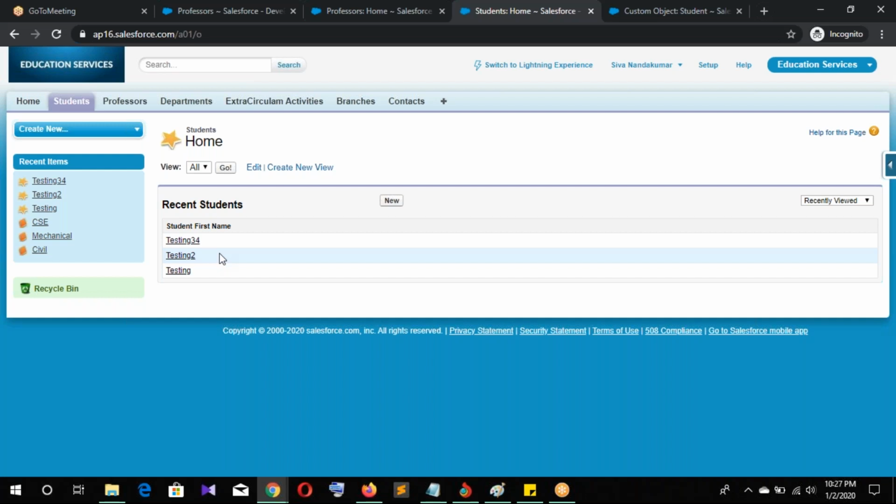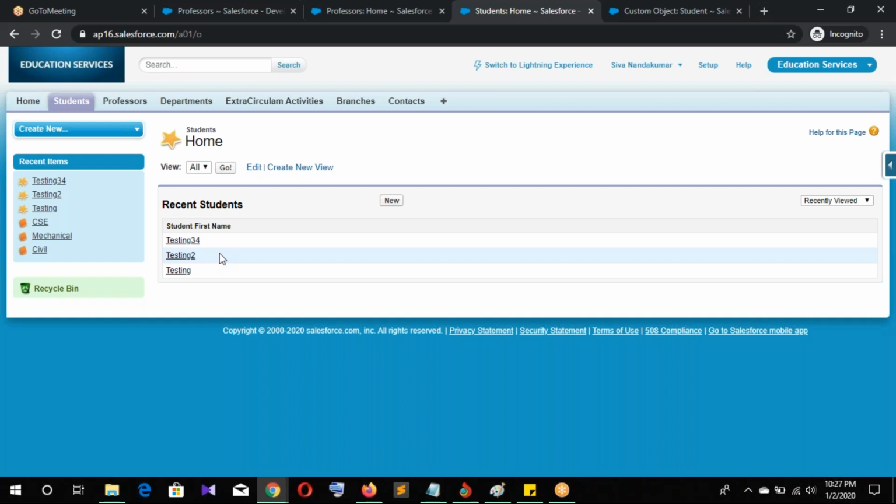The child records have thousands of records. But on the child record, we created the master detail to some other object. One thing: there are two processes.